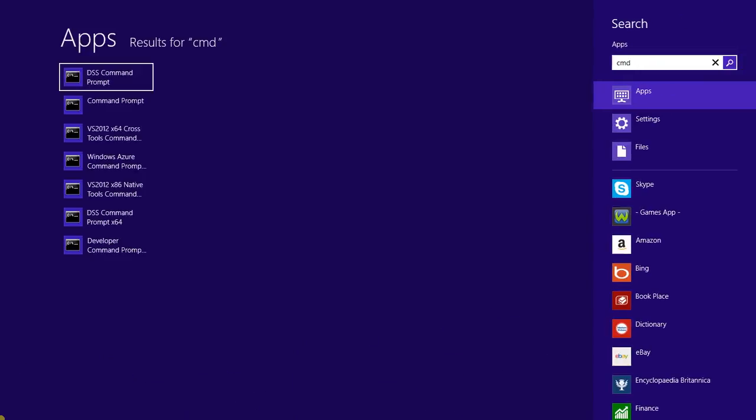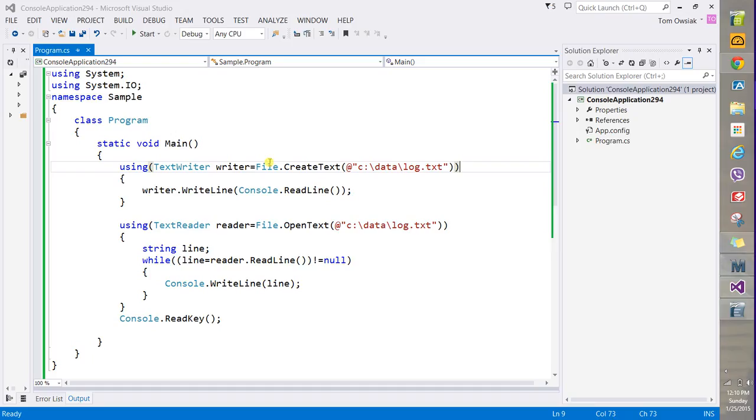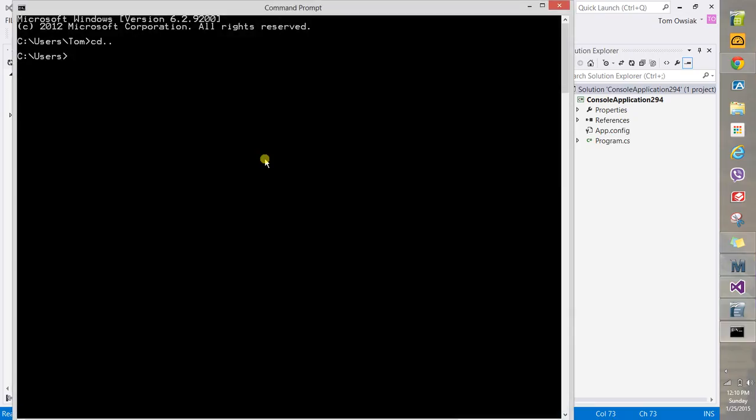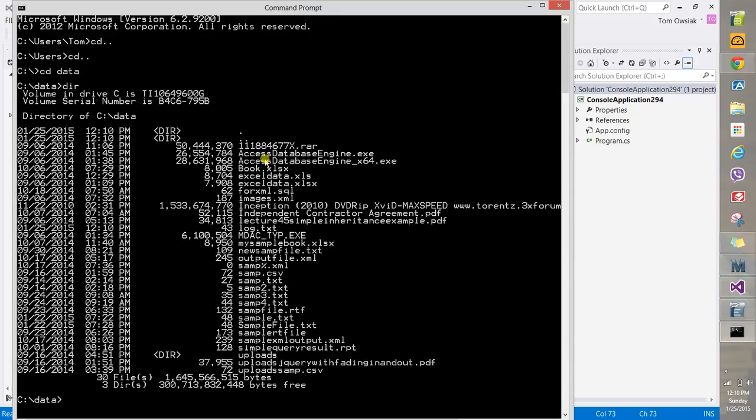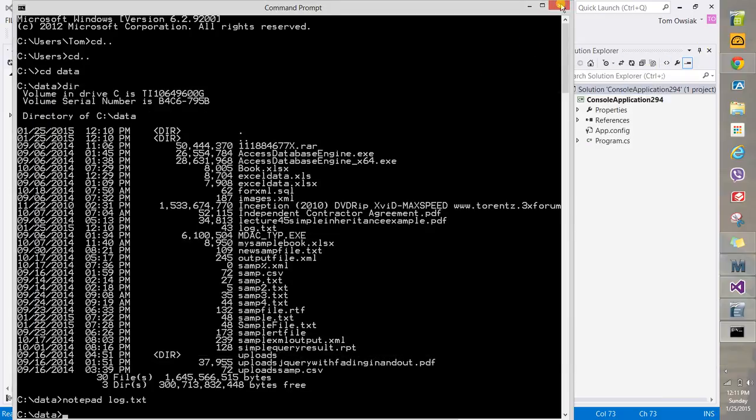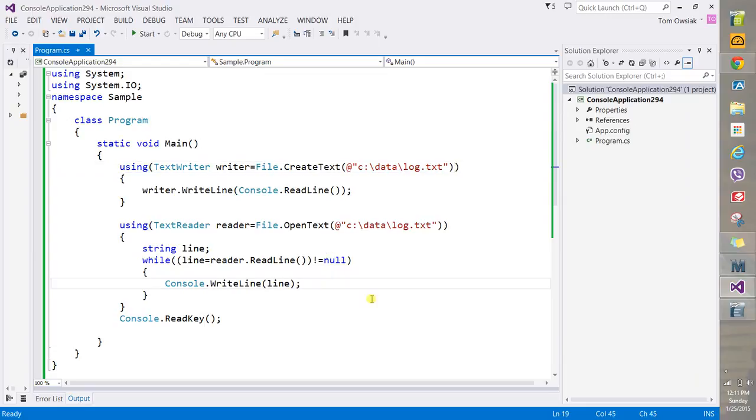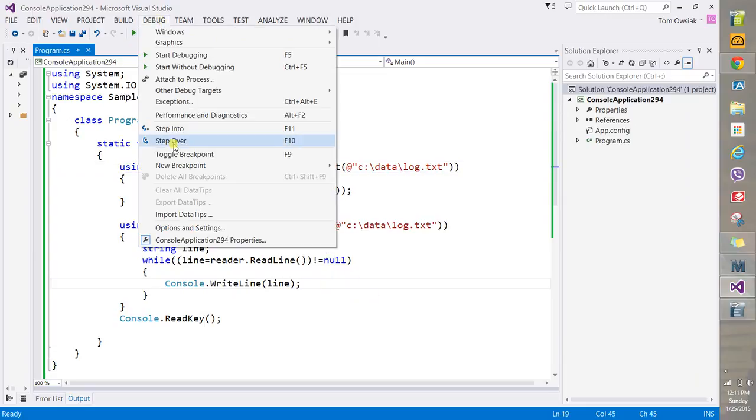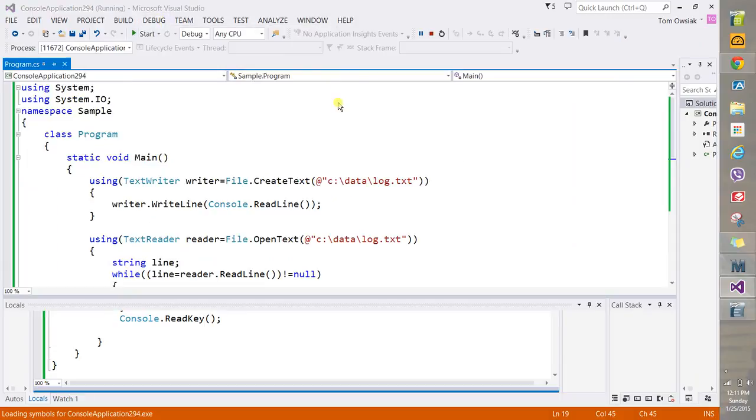So cmd for command prompt. Navigate a couple directories down, cd data, right, and then notepad, and then log.txt, and it says this is some text to be saved to a file, so that confirms that it really has been written. Close it, and there you go. And here, if you go debug and step into,